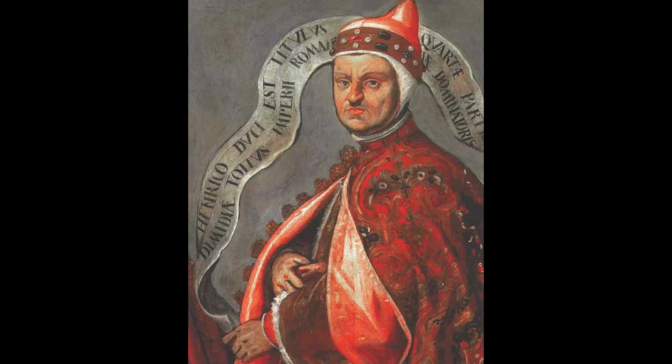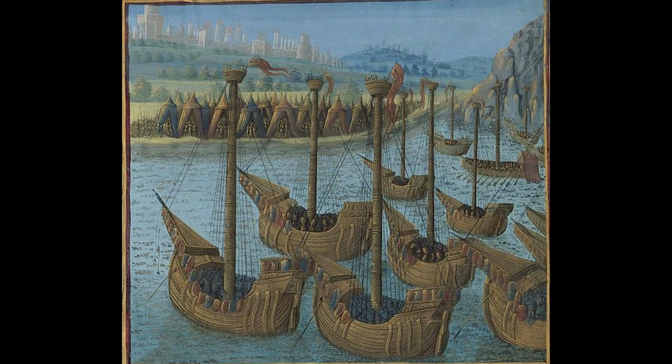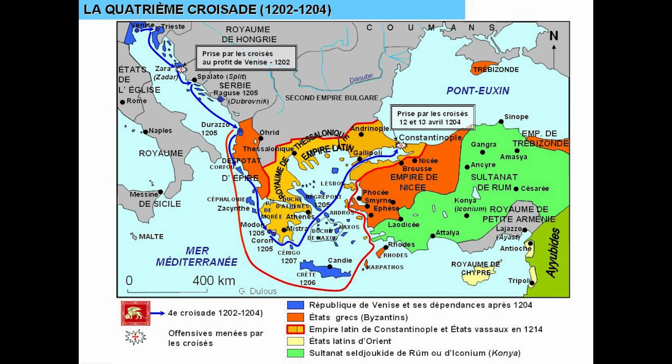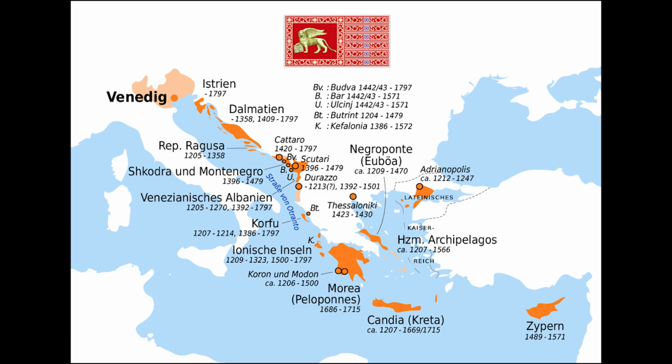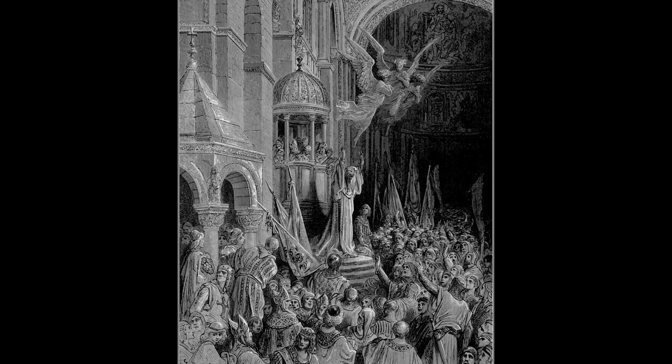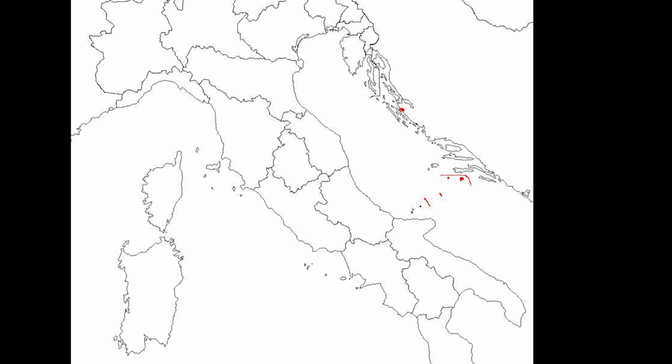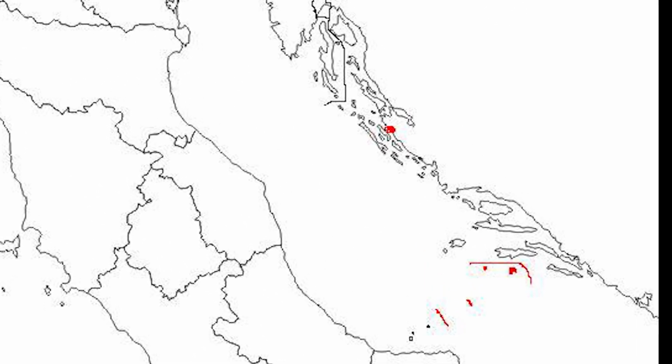In 1202, the Supreme Doge Enrico Dandalo agreed to loan ships, supplies and soldiers to the French Crusaders. But when the French failed to pay up, Dandalo took matters into his own hands, using the crusading army for his own personal gain. In exchange for cancelling the Crusaders' debt, he ordered the army to ignore Jerusalem and instead siege the city of Zara, a city of financial interest to Venice.